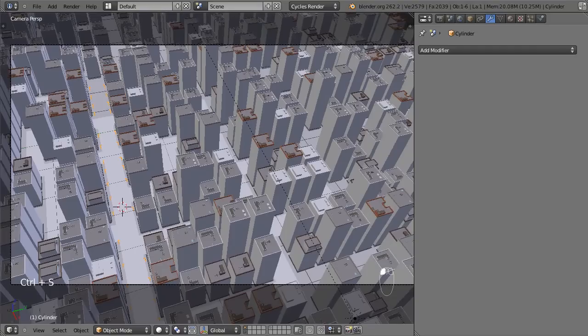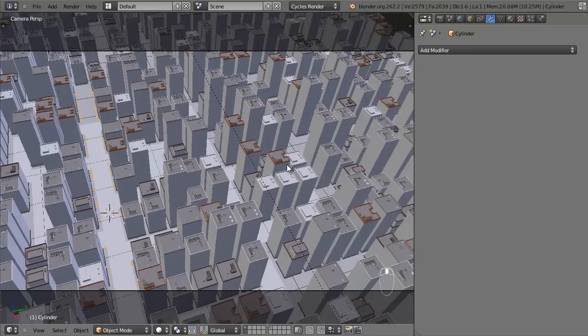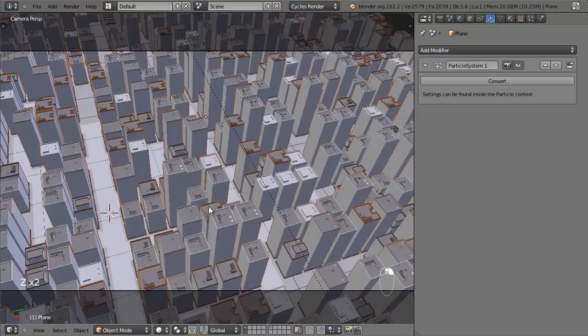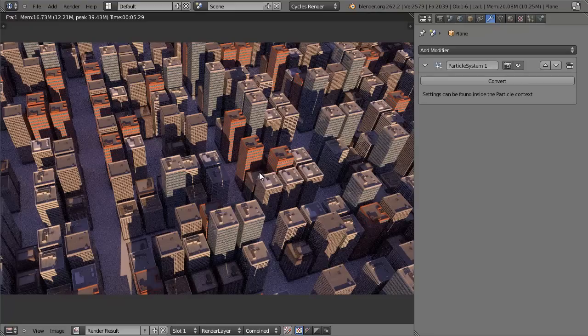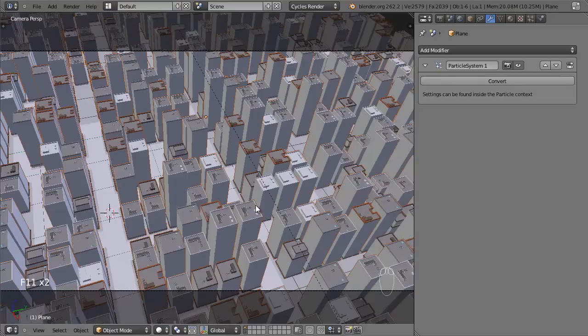The other thing I added in was cars. So anyway, I'll get to that at the end. I'm just showing you the basic city so you guys can have at it. One final thing I will do is that you'll notice that in our final render here, the orange buildings are really, really obvious to the viewer that they are repeating, and so are the blue ones. So what I'm going to do